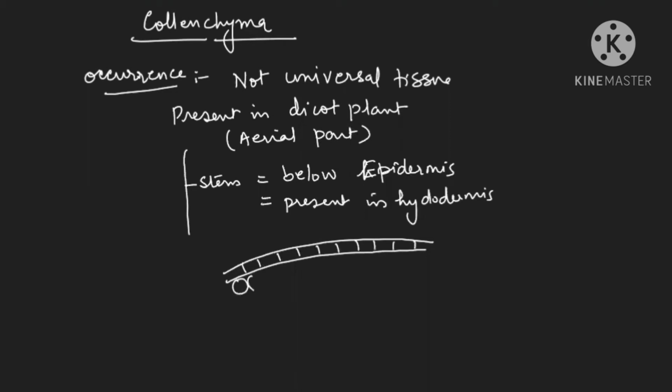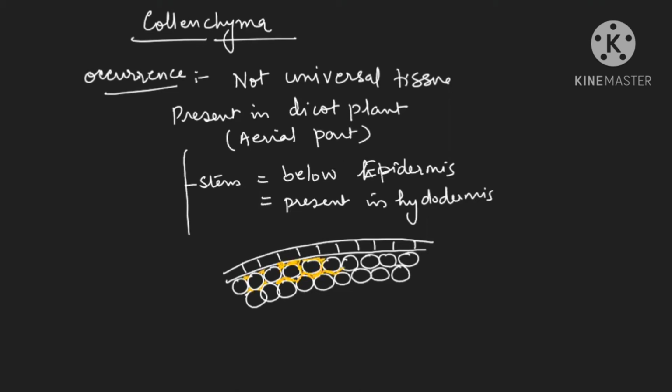And now see, I am drawing this layer of collenchyma. So it is not present in the epidermis. It is present in the hypodermis area. And check carefully what I will do now. If you see, you are finding intercellular spaces are there right now. But in case of collenchyma, intercellular spaces will be filled with chemical that is known as hemicellulose and pectin. I'm just filling all the gaps with one chemical. So intercellular spaces are absent, and they are filled with which chemical?